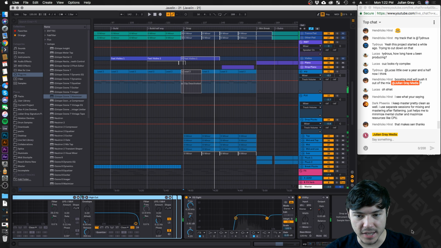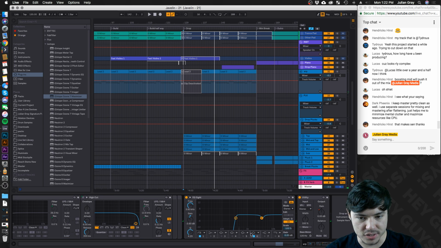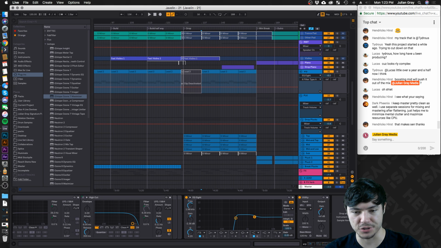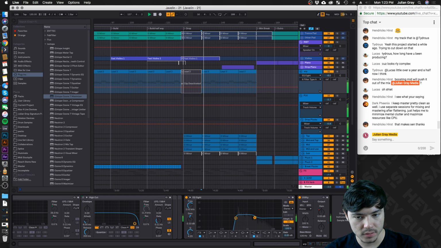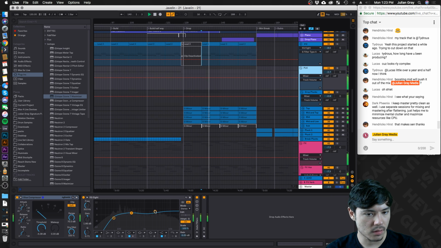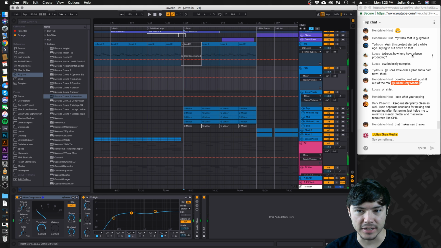Same idea for this guy here. I want to kind of put this into the background just a little bit more. And you can't have too many things in the forefront, otherwise they start taking away from each other. So I'm going to try to put this a little bit further into the back by doing that trick again. I think this guy right here should be the forefront of the drop for sure.